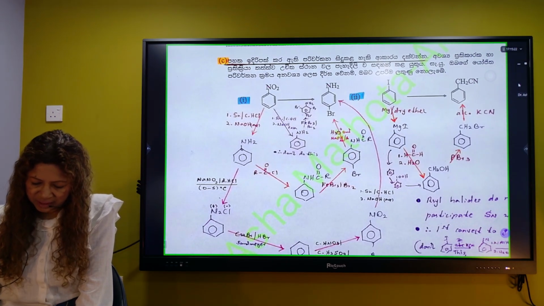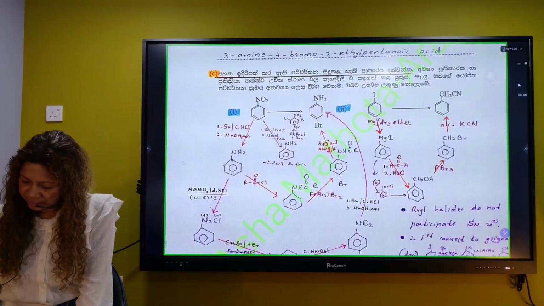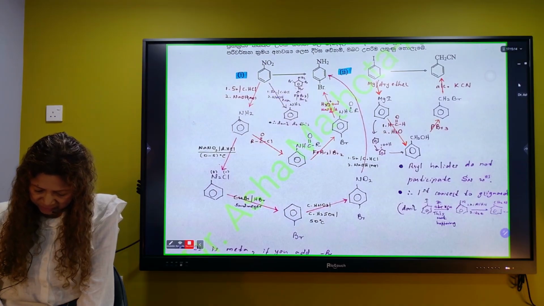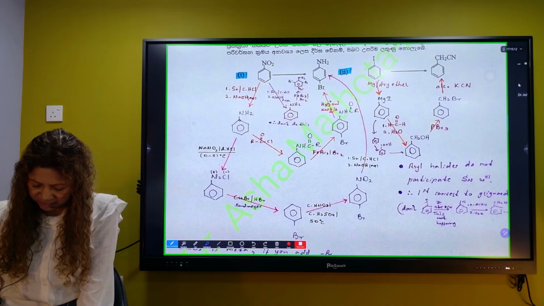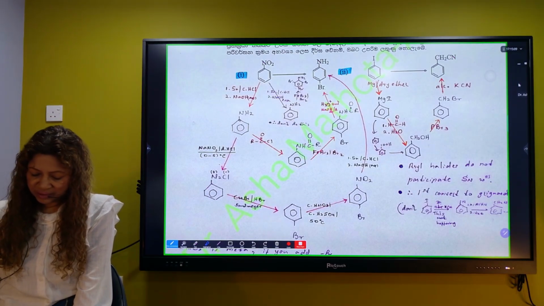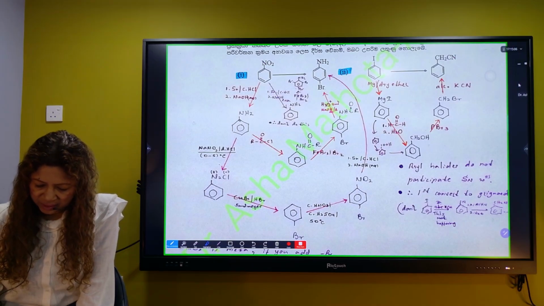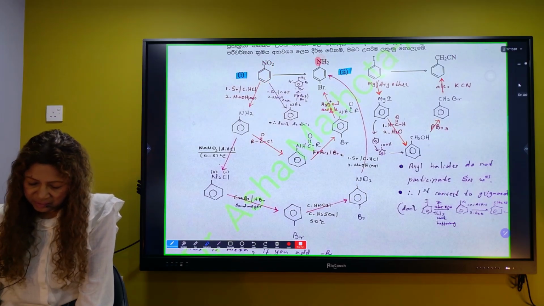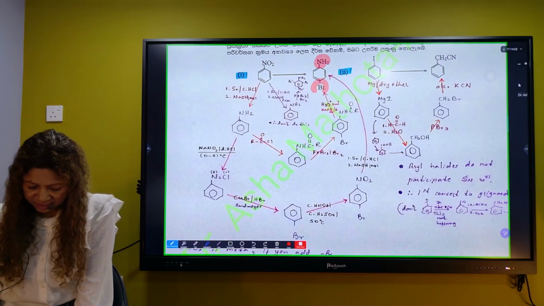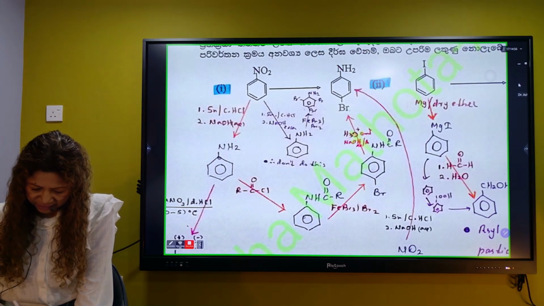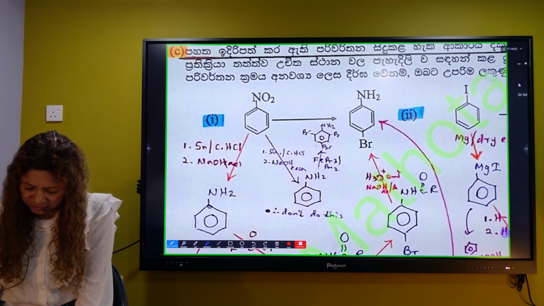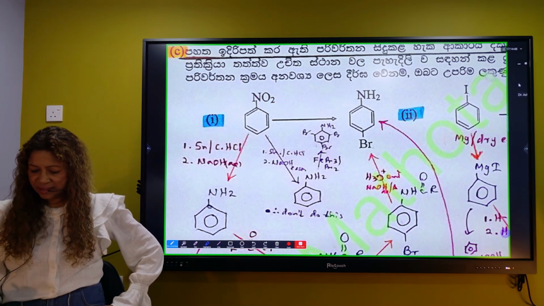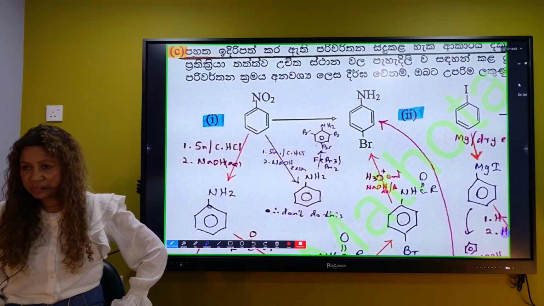Okay, a couple of conversions are asked. They are asking to just convert. There are no other rules. They say if the conversions are too long, they are not giving the maximum or the highest marks. Okay, NO2. Yeah, this is NH2, but you have to join only one single bromine. If you just convert NO2 to NH2 by tin and concentrated hydrochloric acid, and then add bromine,